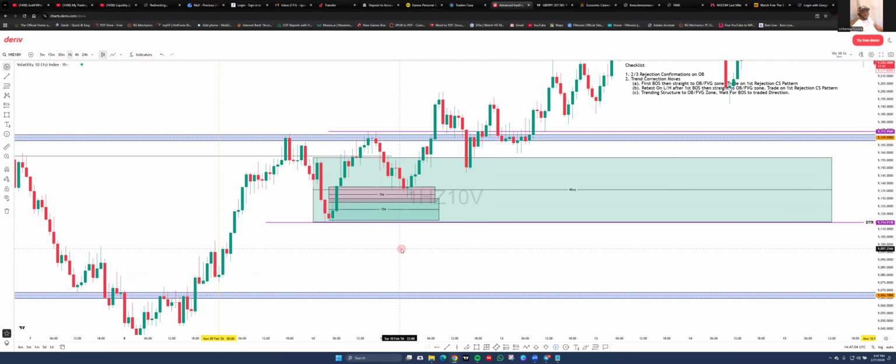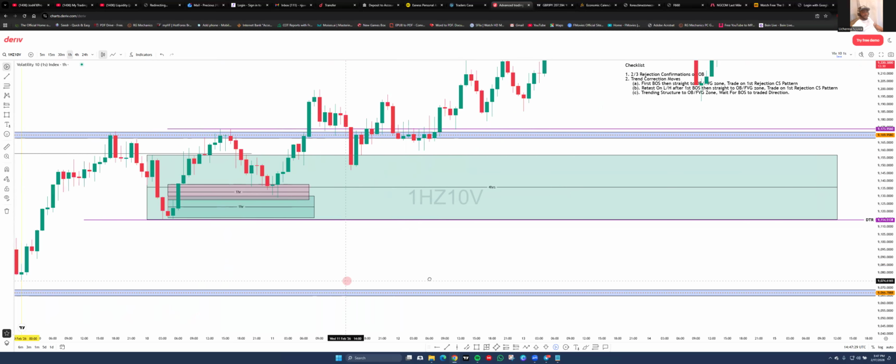So see, either way, you're still good to go. Do you understand? Either way, you're still good. Either you're looking at it on the other block, but what I like to do, since the other block is kind of covering the fair value gap area, I just use the other block. The tap on the other block and rejection is fine for me. But regardless, you can still use the